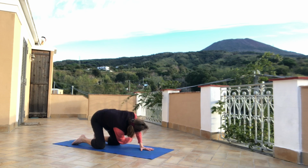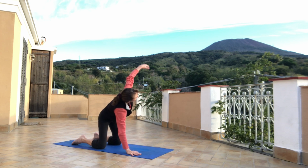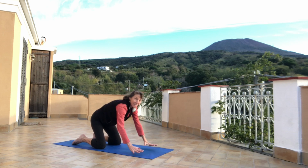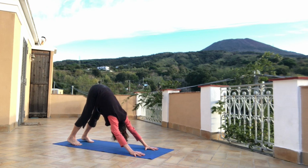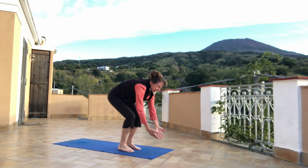This is kind of a warm-up for thread the needle. It's a really good chest and shoulder stretch. You can hold a little bit after going in and out of the movement. Lift and lower. Listen to your shoulder. Lift and hold if you care to. Back down to table, downward dog. Stretch out, elongate. Pedal your feet, walk the dog a little, and then come back to the top of the